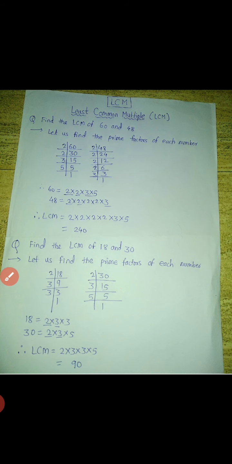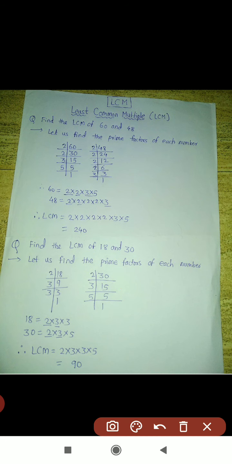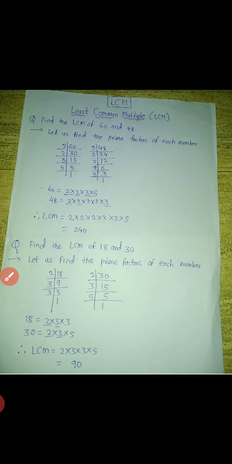So for the LCM, first, whatever is common, you have to write. Here 2 and 2, I wrote 2 only one time. Here 3 and 3, I wrote 3. And for the other 3, no common is there. So the remaining factors are written as they are: 3 and 5 remain, so I wrote 3 and 5. So 2 into 3 into 3 into 5. What is the answer? 2 3s are 6, 6 3s are 18, 18 5s are 90. So this is the method to find the LCM.